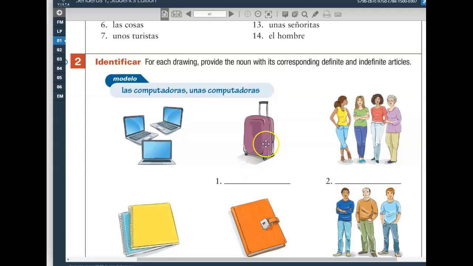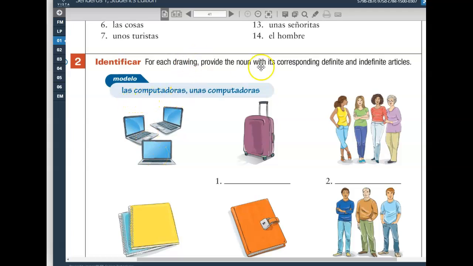This is, and we want to make these plural, if I'm not mistaken. No, we want to make these singular if they appear as singular, or plural if they appear as plural. So for example, there are 3 computers there. That's a plural noun,